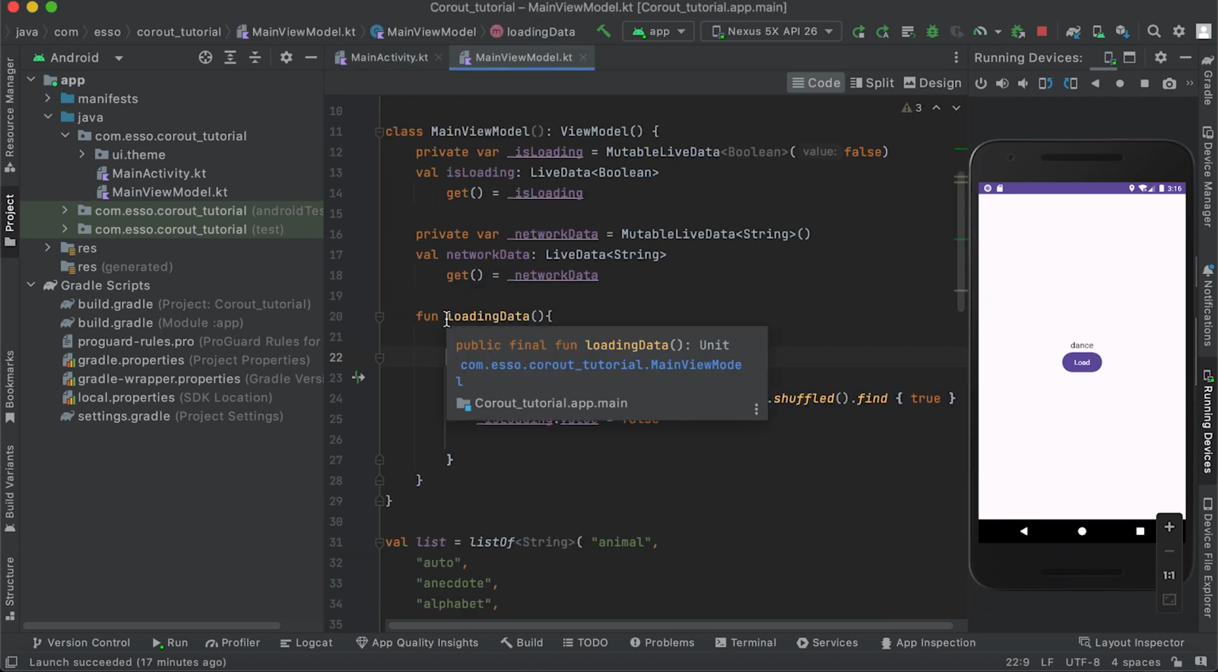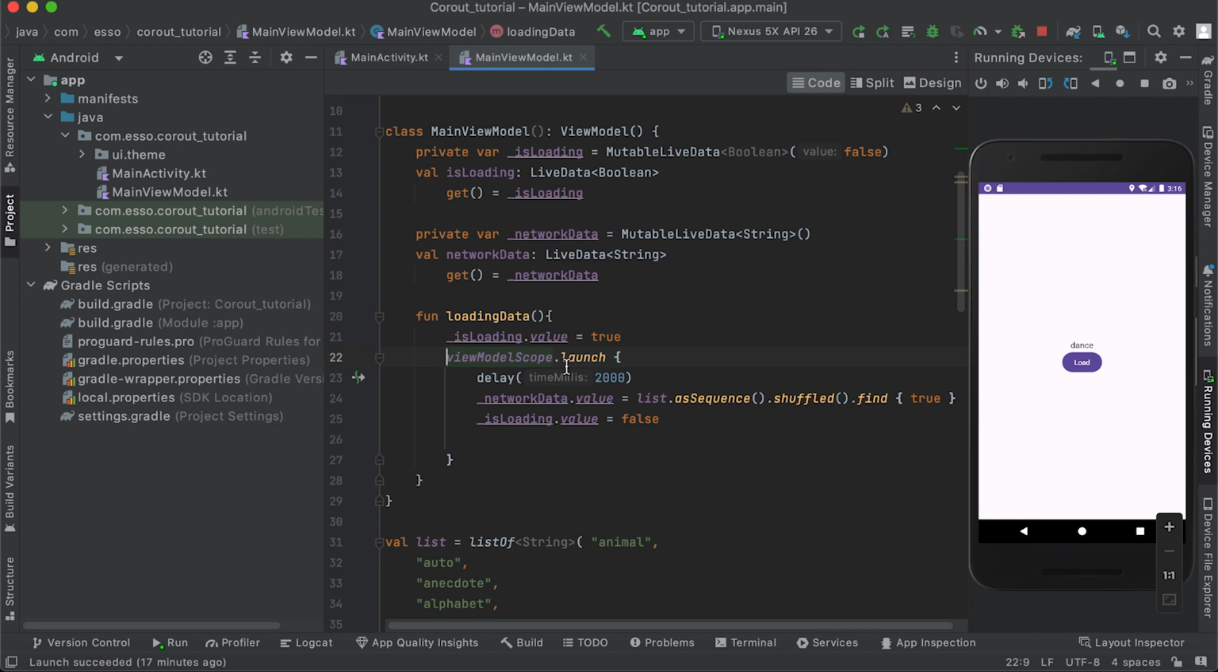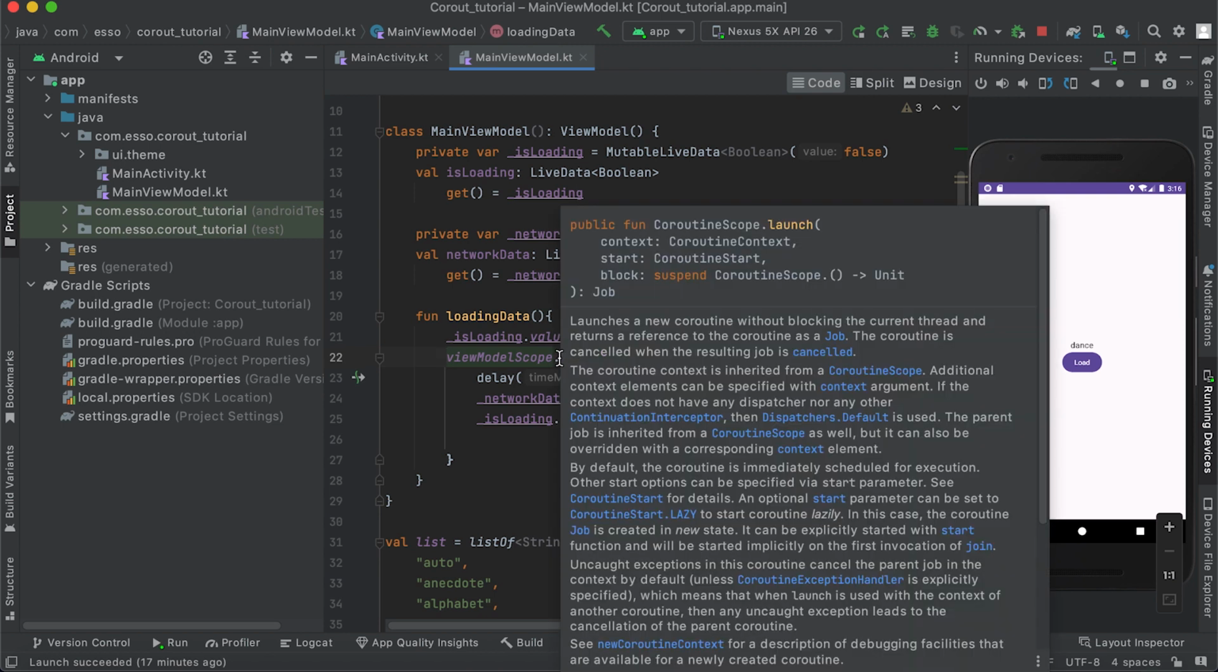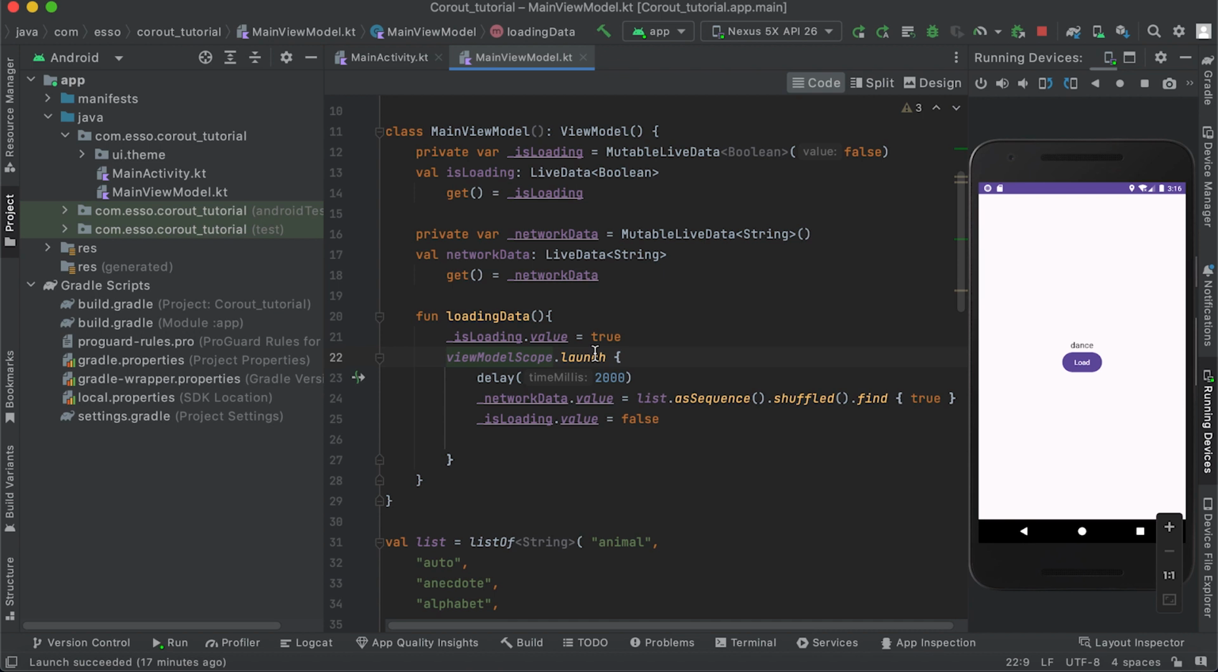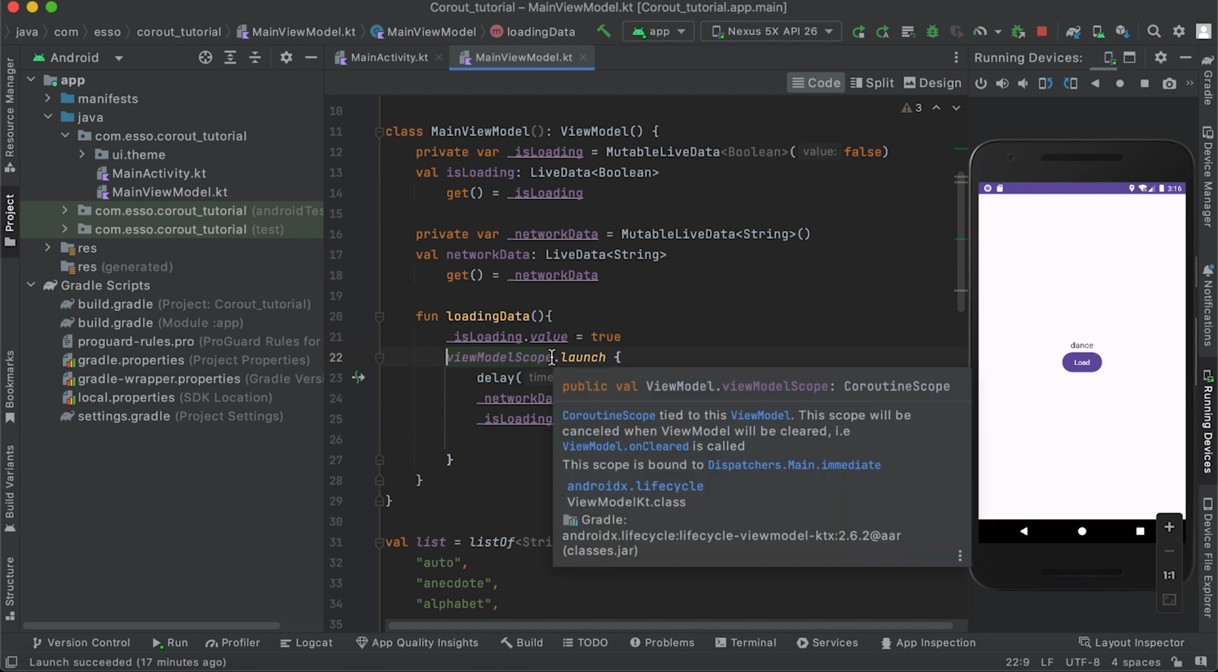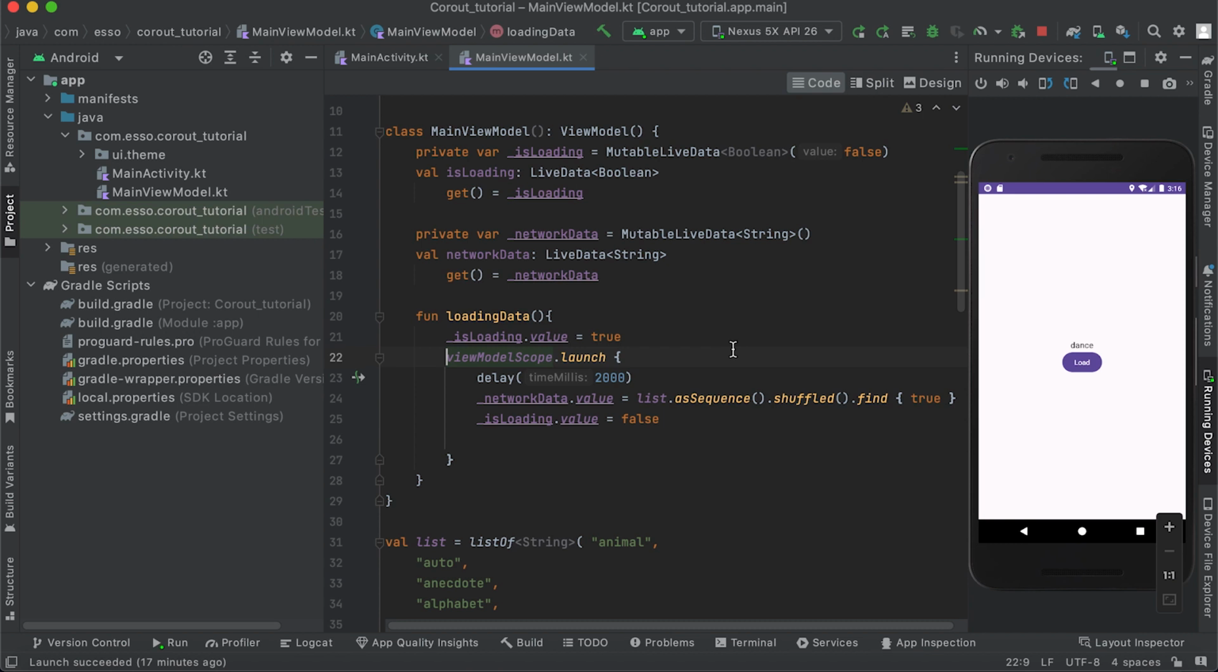Inside our loadingData function, we create a coroutine with the launch function and use viewModelScope as structured concurrency, and we call the delay suspend function with